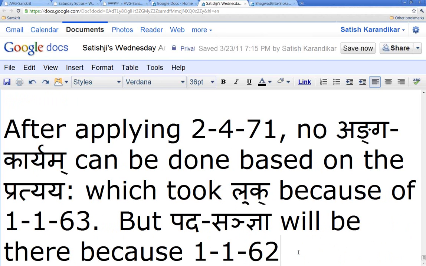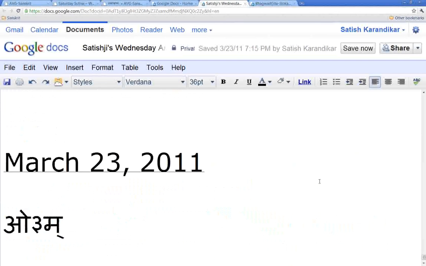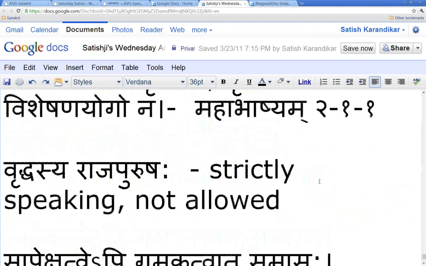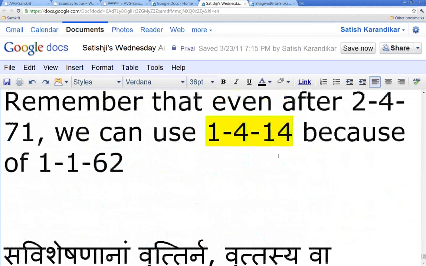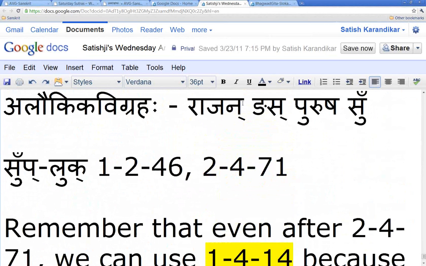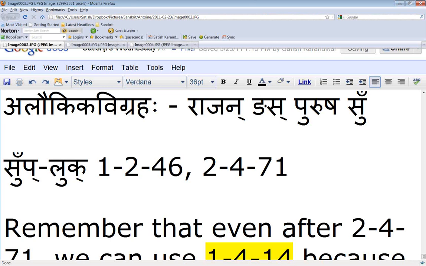supting antam padam. So if you take the example Raja Purusha, which we just saw, there we have Rajan plus Purusha. We could do no lopa pratipadikantasya because Rajan got the padasanya in the compound. That is the example we just saw, Rajan plus Purusha. We cannot apply 8.2.7 no lopa pratipadikantasya until we get the padasanya. So Rajan has the padasanya in the compound, and so does Purusha. I think that's all we have to remember: no anga karyam based on the pratyaya, but padasanya will be there because of pratyaya lope pratyaya lakshanam.